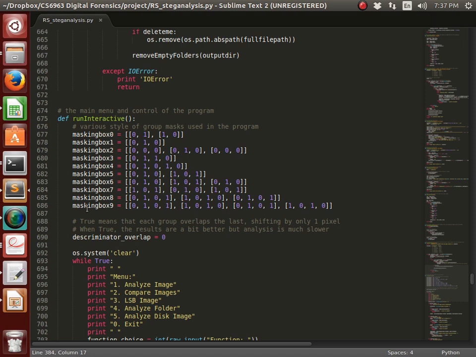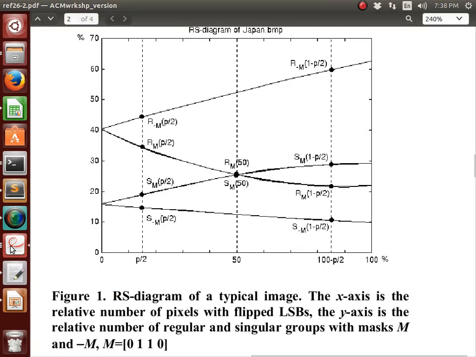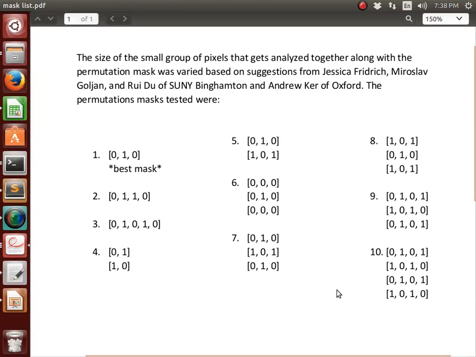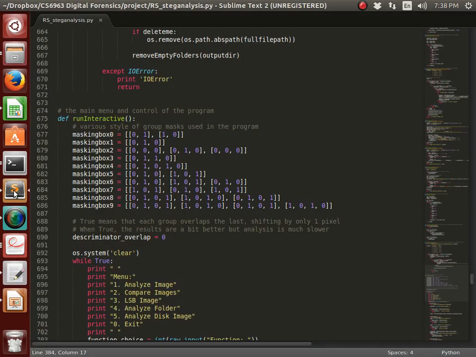So I've got 10 different masks defined here, and I've actually gone through the analysis on all 10 of them. The mask is basically the group of pixels that get analyzed at a time, and the permutations that happen to them. I went through these 10 different masks and tried them out. It turns out one of the simplest ones is actually one of the best: just a 0, 1, 0, comparing three pixels at a time. So, going back to the code,